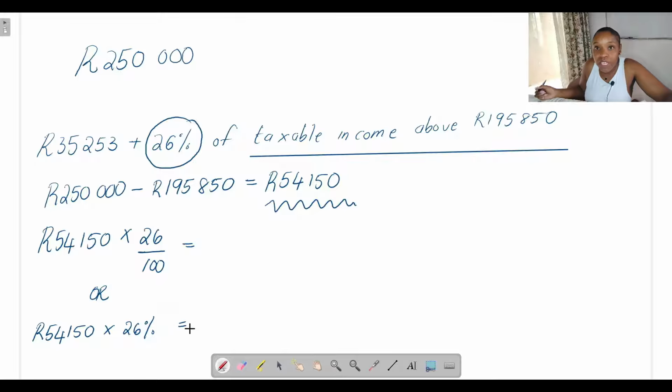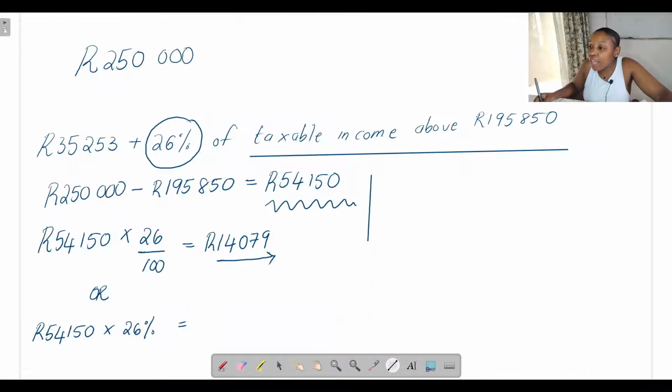You can punch that into your Casio calculator straight like that. But if you're working with your Sharp calculator, you can say times 26 divided by 100. So 54,150 multiplied by 26 divided by 100 will give us 14,079. So that is the 26% of the taxable income that is above